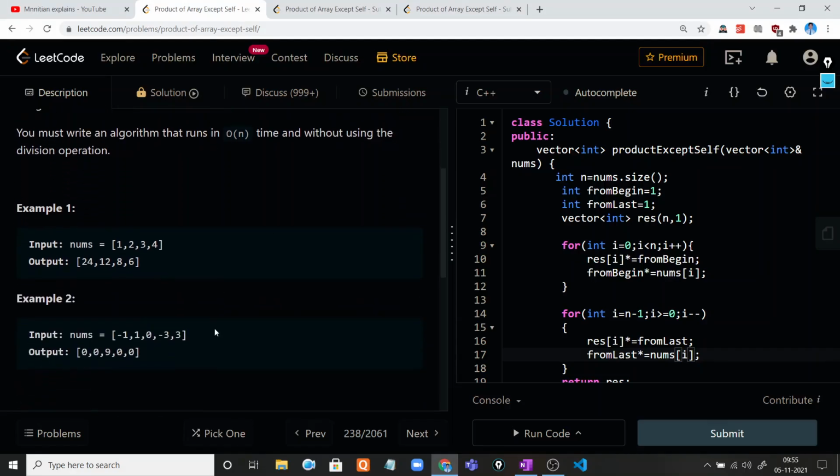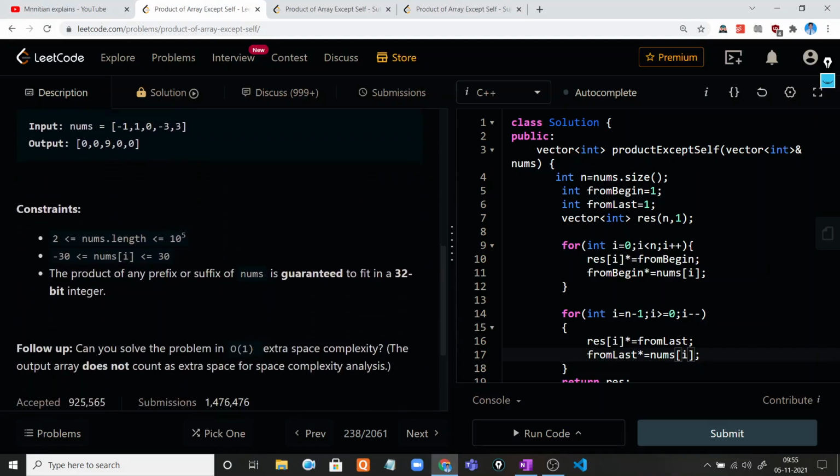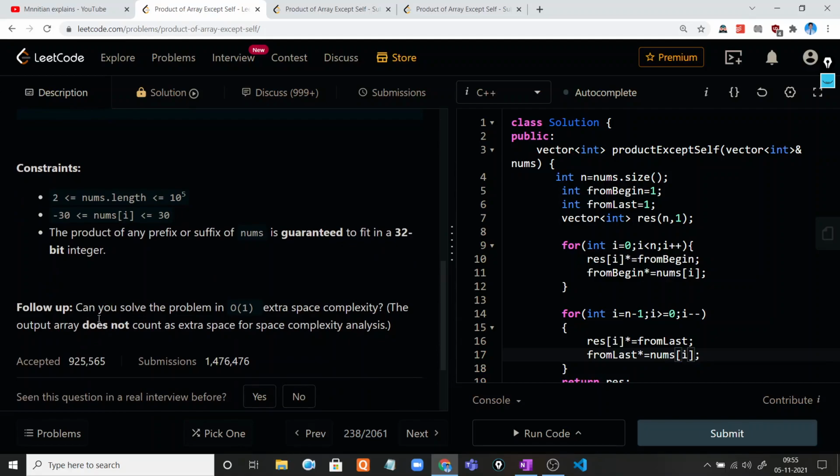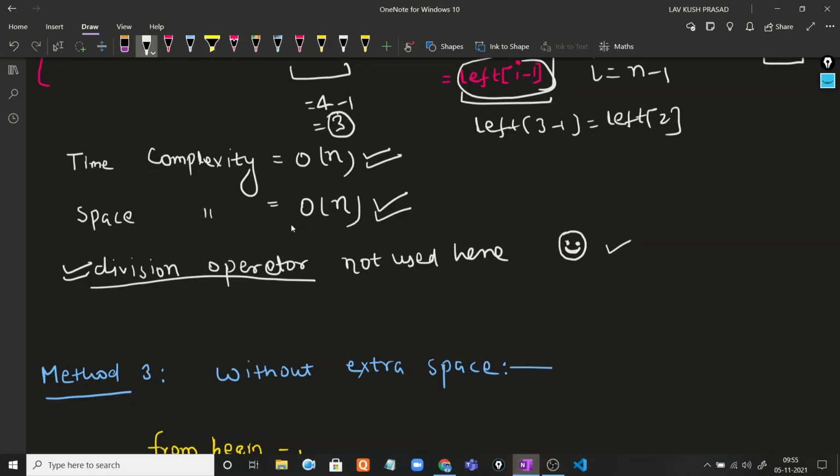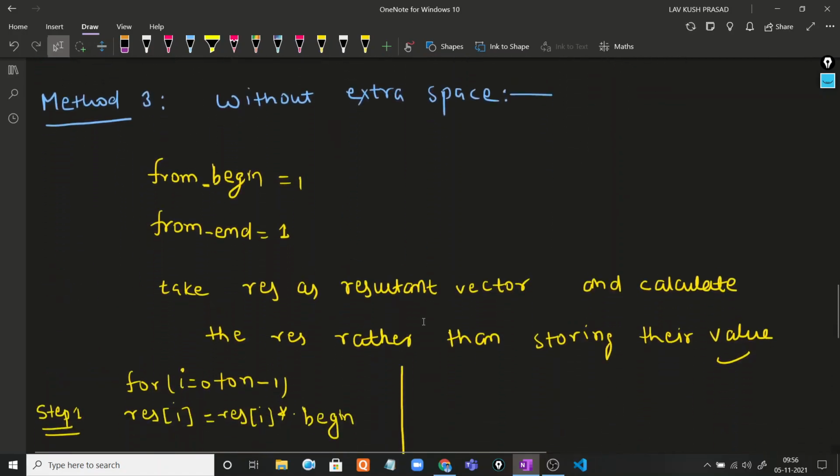So what is our next requirement? A follow-up question may be asked, like can you solve this problem in big O of 1 without extra space? Actually, in the second solution we use extra space. So can we optimize this solution and solve this problem without any extra space? Let's move to the next method, which is method 3.